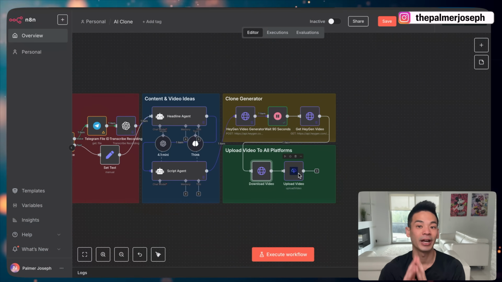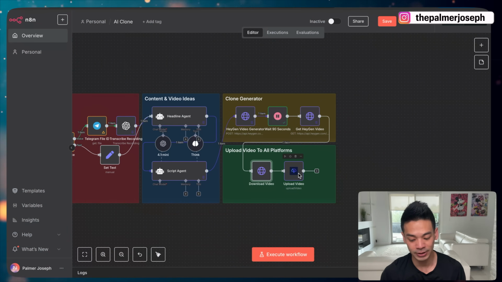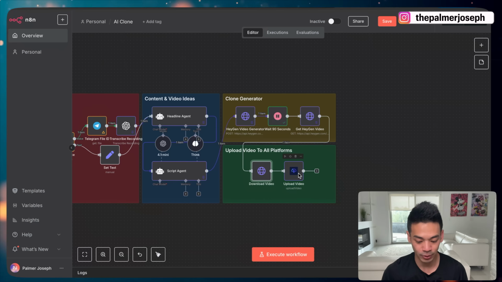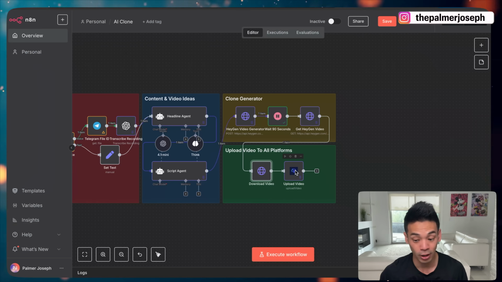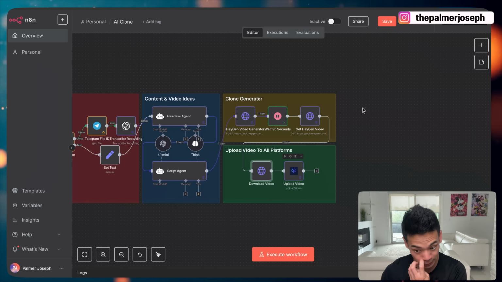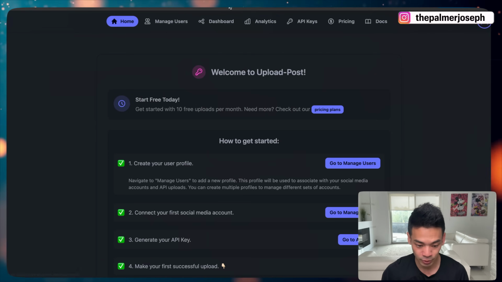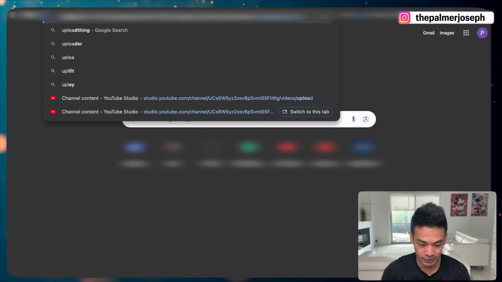Lastly, this is the brand new node that no one else is talking about. This is called upload post. It's really awesome because this can upload your videos, your posts to all different types of social media platforms right now. So this is what it looks like. When you first come onto this, it's going to be blank. So it's